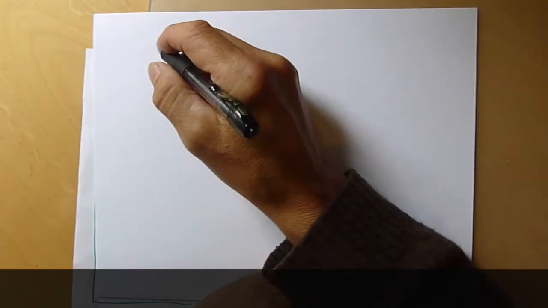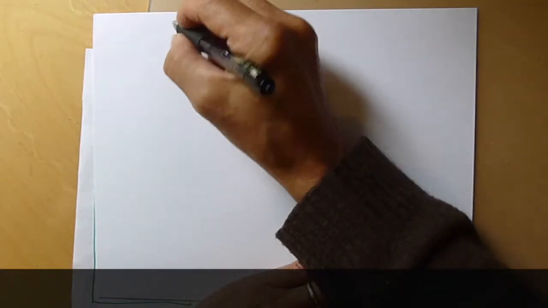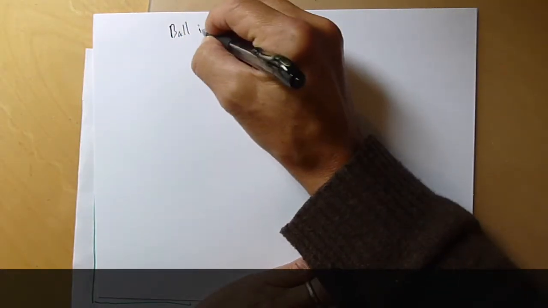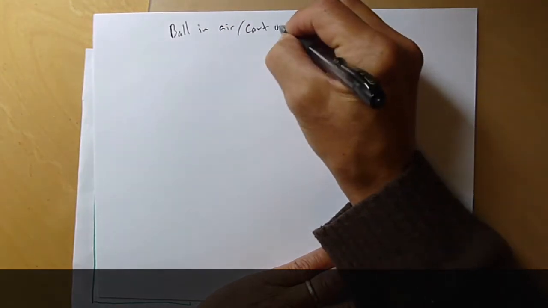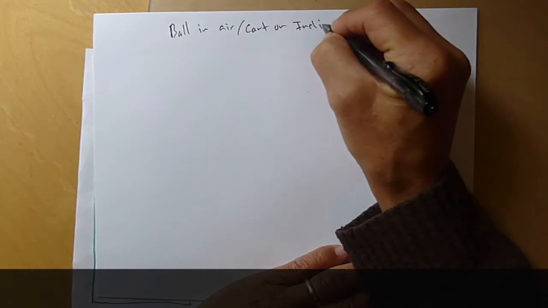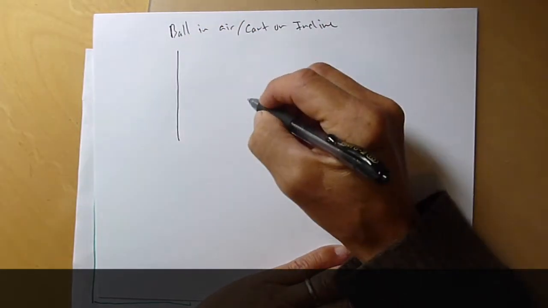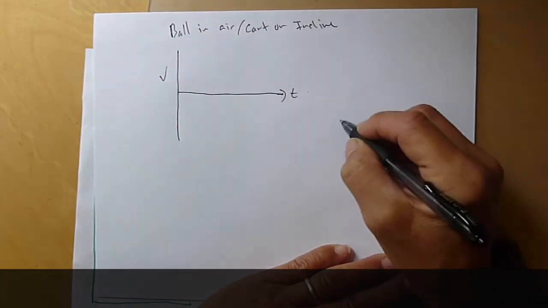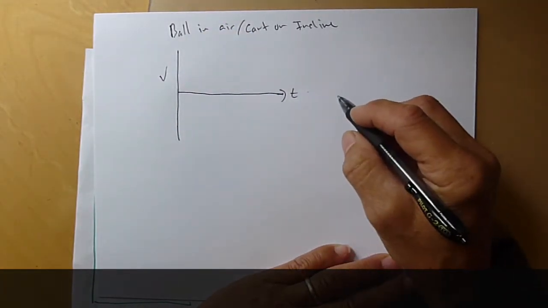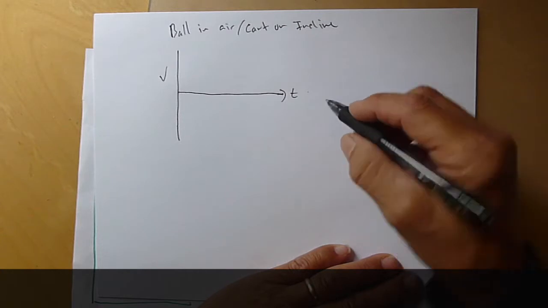Okay, we're going to look at a class of problems where you have a ball going up and being tossed in the air, or a cart going up an incline. So, ball in air slash cart on incline. In class, we've seen that sometimes it's useful to draw a velocity versus time graph. And so the velocity versus time graph for a ball tossed in the air or a cart on an incline